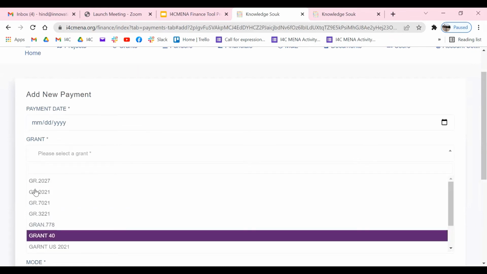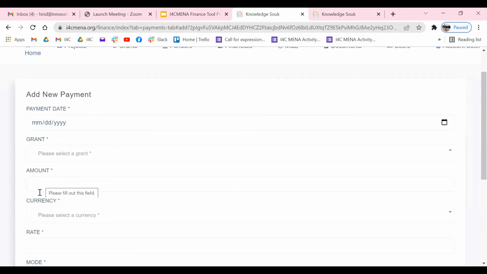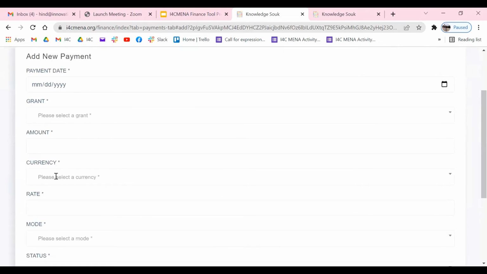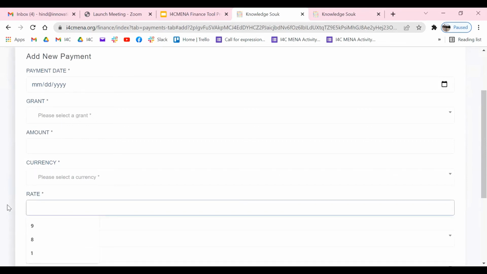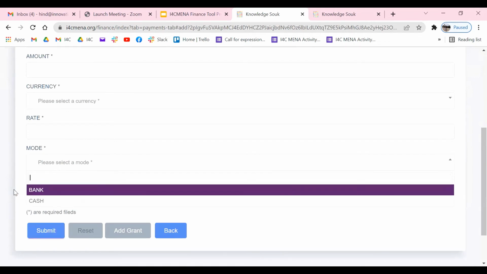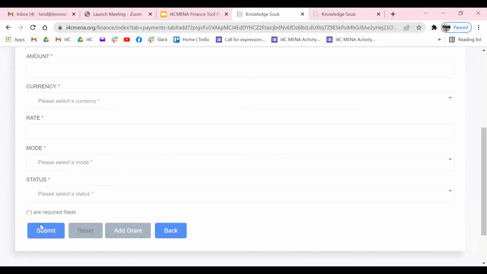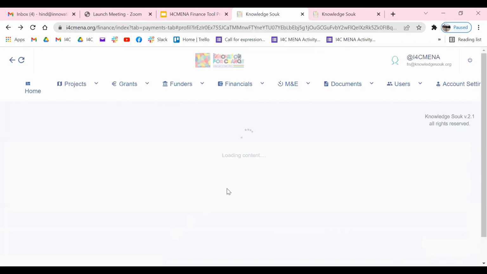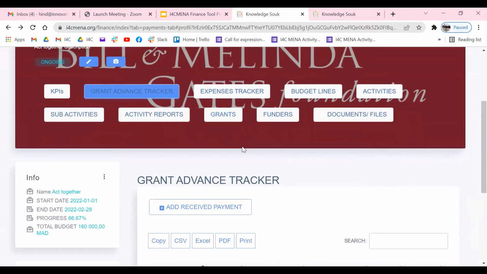We have to select the grant, the amount of this advance or this received payment, also the currency used, and also the rate of this currency, the mode, if it's paid by cash or by bank, and of course its status, if it's paid or expected. And then of course we click on submit, so that the tool will take it into account.